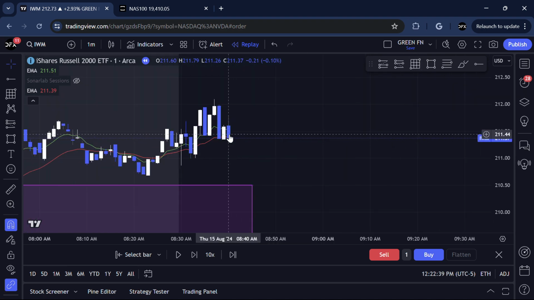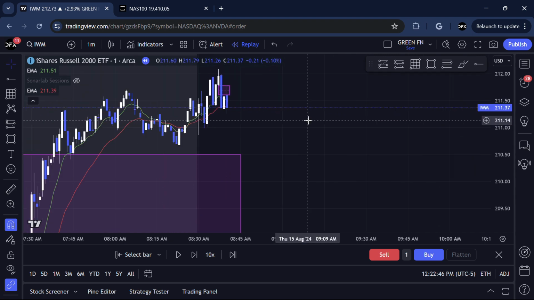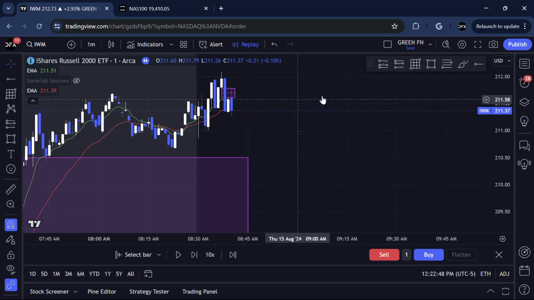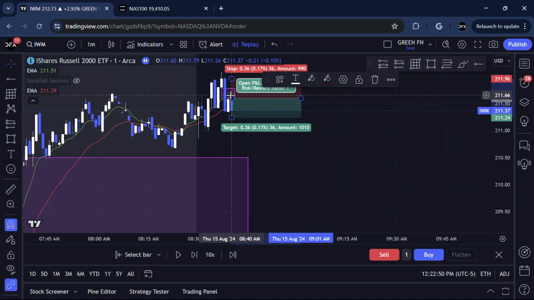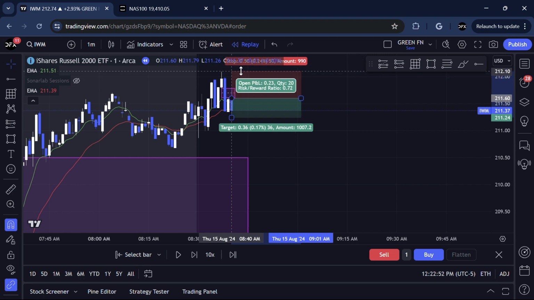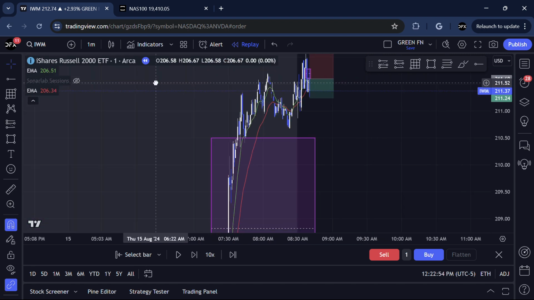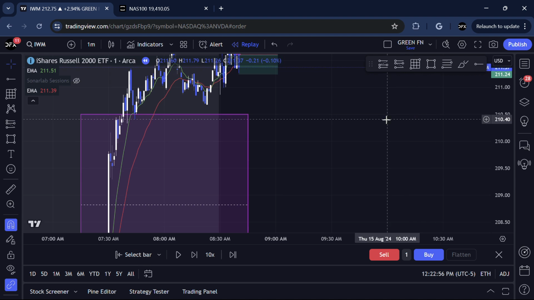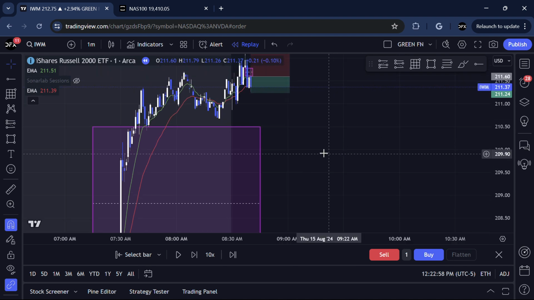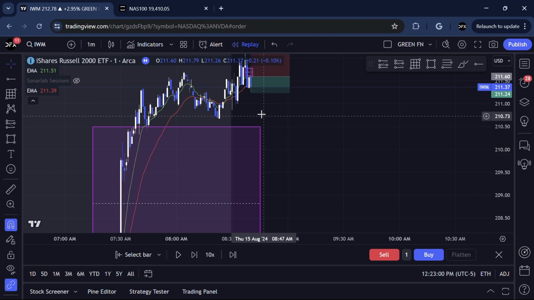So obviously it is a little bit before the time I trade, so it's at 8:40. However, when this was created, I knew instantly that this was going to be a good setup. So I took it at this candle right here, took it at the 50% mark, put my stops above the highs of the day, and then I put my take profits around the 75 mark around here.